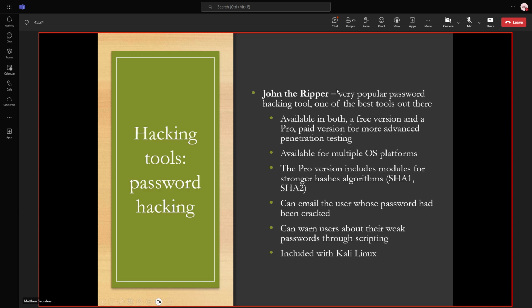If there's any kind of problem with John the Ripper, it's that there are so many options that you can get lost in those options. Okay, so we'll do a little bit of password cracking just to illustrate how these things can work. But it can get pretty esoteric after a while if you go into a deep dive with John the Ripper. There are plenty of other tools too.